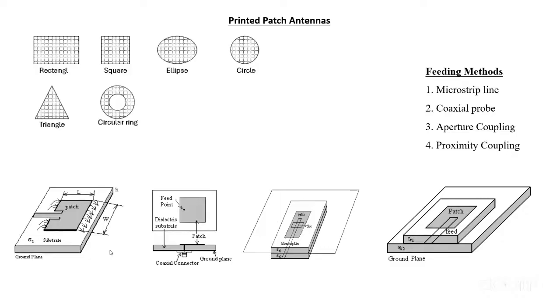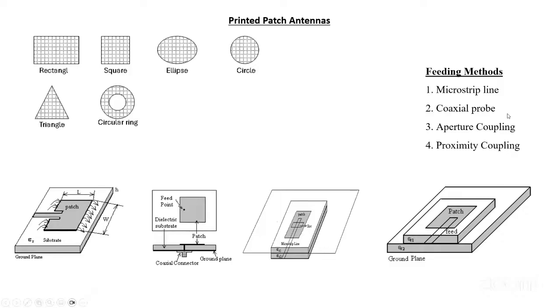For any basic antenna, whether it is a dipole antenna, monopole antenna, patch antenna, or horn antenna, there are design equations available in literature or your textbooks readily. The main thing is to just convert them into a program and make them flexible for designing any type of structure using them. The printed patch antennas can be fed using different feeding methods.